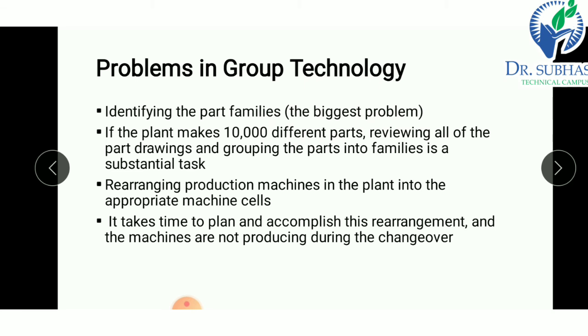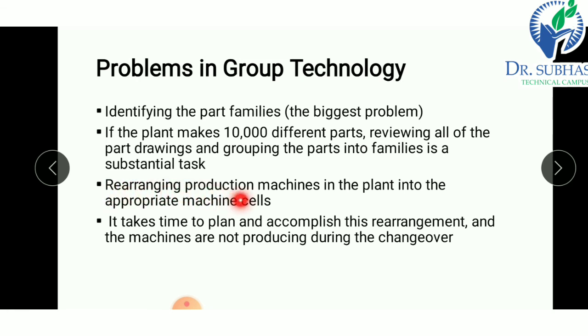We have to divide them into groups, and this is a very difficult task. If the plant makes 10,000 different parts, reviewing all the parts, drawings and grouping the parts into families is a substantial task.